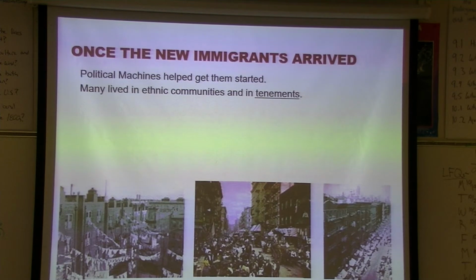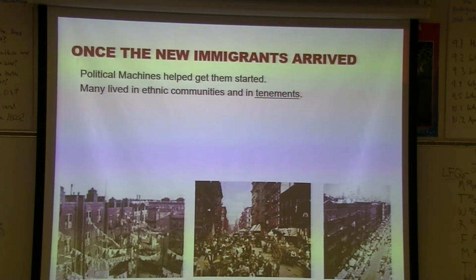You could walk down in different areas in like Milwaukee or Chicago and never hear English, where it may be German or Polish. Same thing's true today. If you go to Miami, there's areas that speak only Creole or Spanish there. So that hasn't changed. For tenements, in our next section of notes, we'll talk about with some of the urbanization,